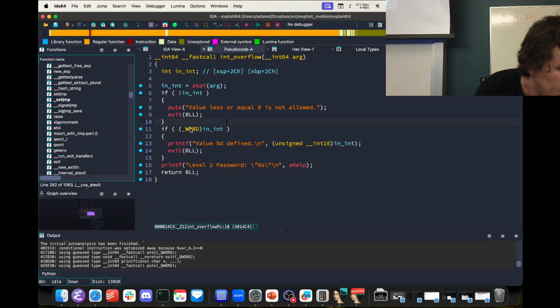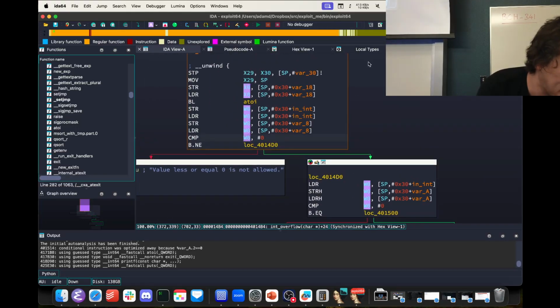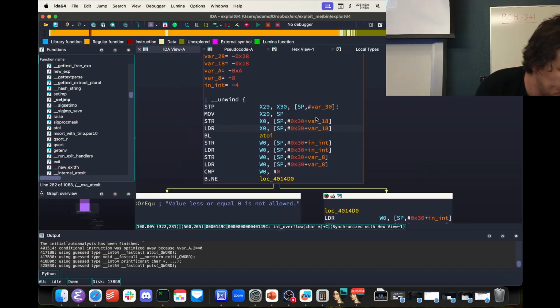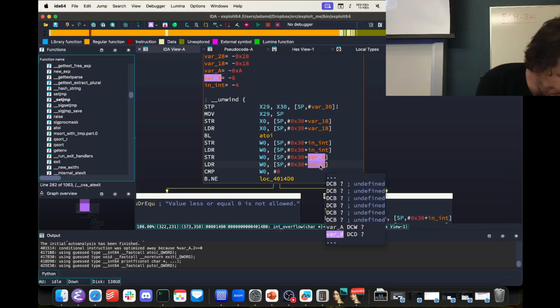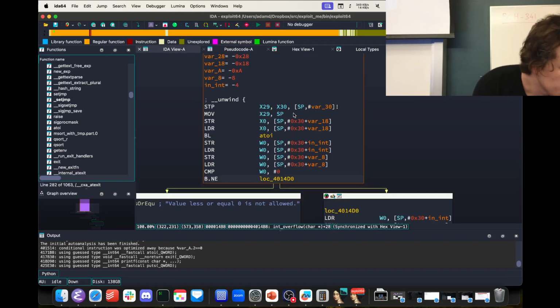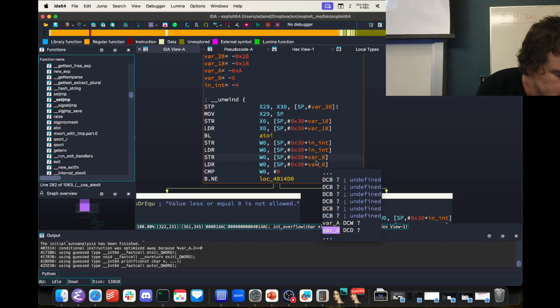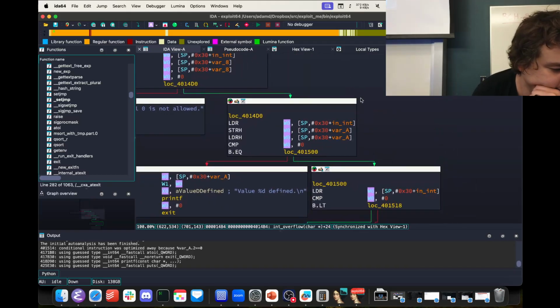I see. Yeah, okay, I want to look at the assembly. So we can clearly see by looking at this: move, store register, load register, store register. What's var8? Why didn't this update? Okay, bunch of redundant stuff. Compare W0 with 0, and then